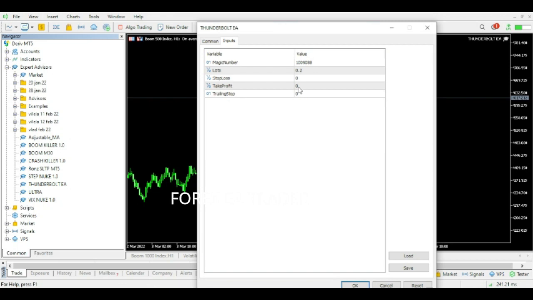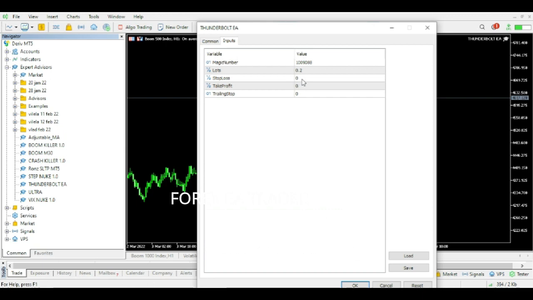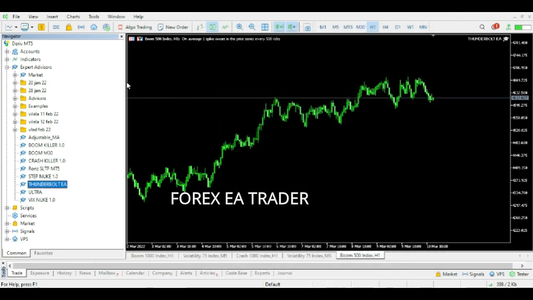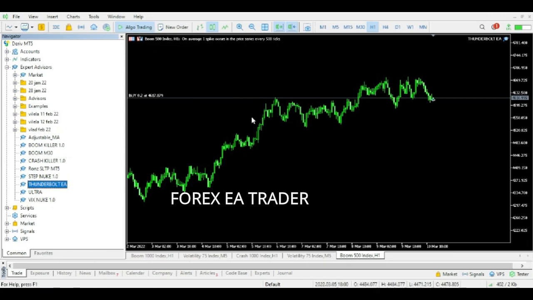Boom and Crash. Let's see if it's going to trade, but we might need to place in a stop loss, take profit, and trailing stop. If it doesn't start taking trades, it means it's not accepting these zero values. It's something that I've just observed doing that. So we do that and we say okay, and we go to our algo trading and we say auto trading